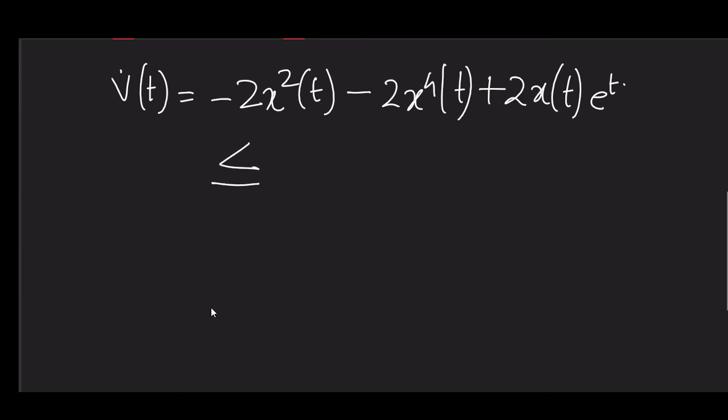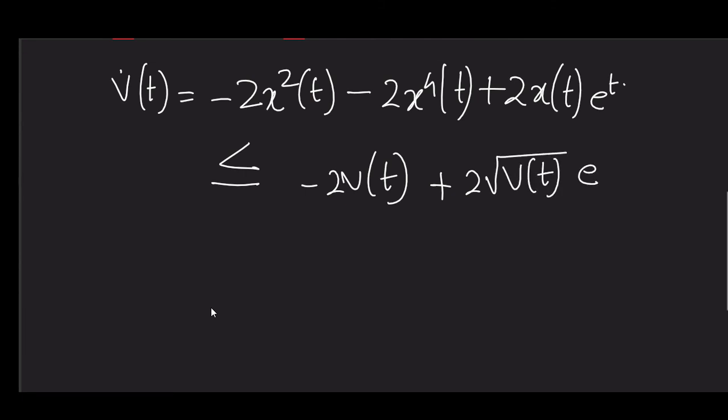So we can write it totally in terms of v, like it is minus 2 v(t) plus 2 root under v(t) into e to the power t. We are taking only the positive one, that is why we wrote it in this way. Now we can apply comparison lemma with this differential inequality,